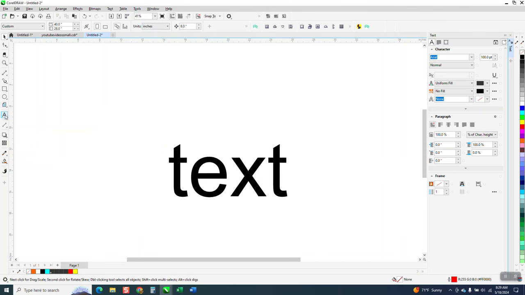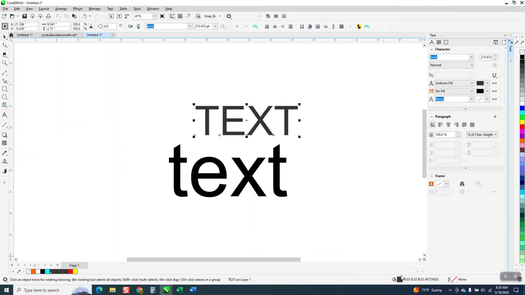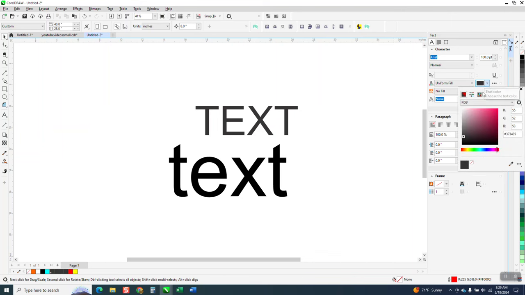So now let's type out a text, and hopefully this will work. And you can see now that it is black. Well, you know what? It's RGB, but it's not a true black. So let's go into this further. Let's go, maybe I didn't,